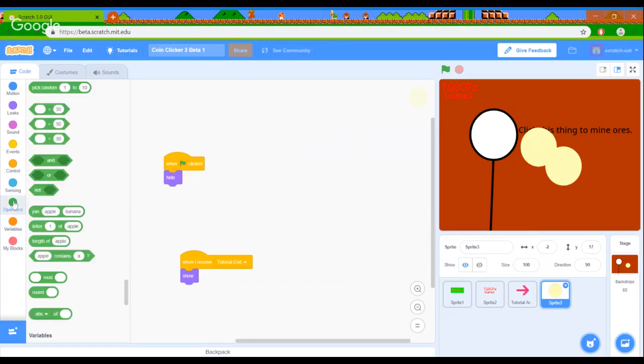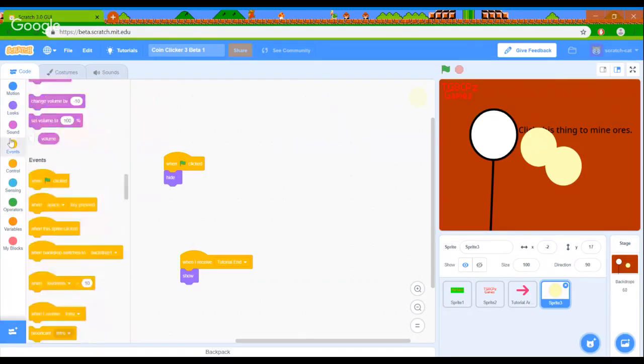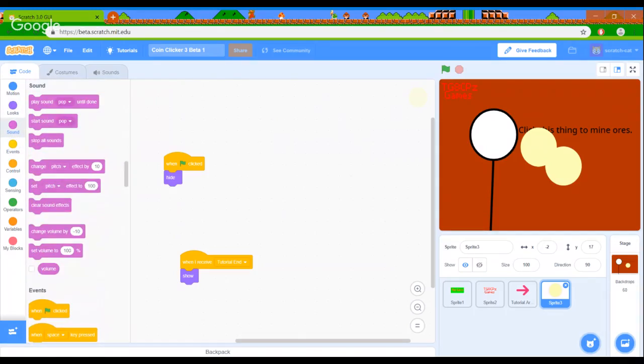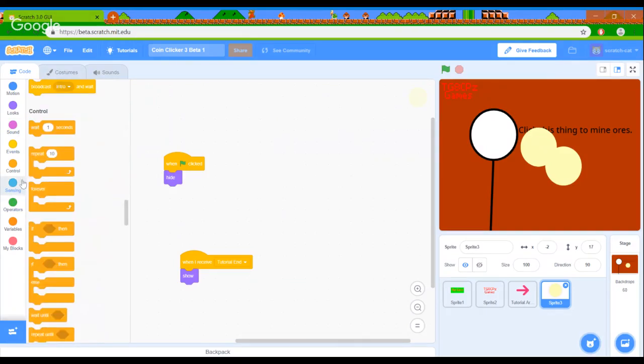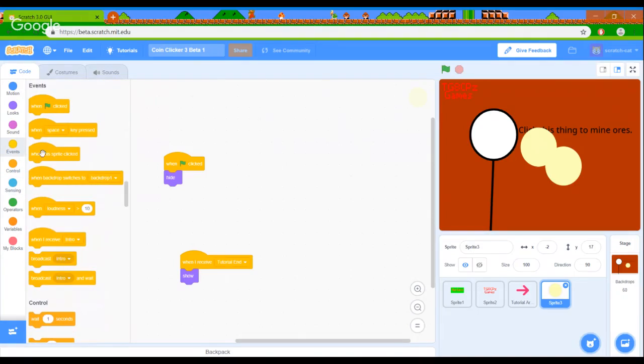So we got variables, operators, sensing, control, event, sound, looks. Well, we got a lot. And I'm going to even add commands. So what you can do is give them commands and do the ask and if answer is this, and we'll just come back to that. What we are trying to do is program this code ORE to give us ORE. But we got to do this. When this sprite is clicked,